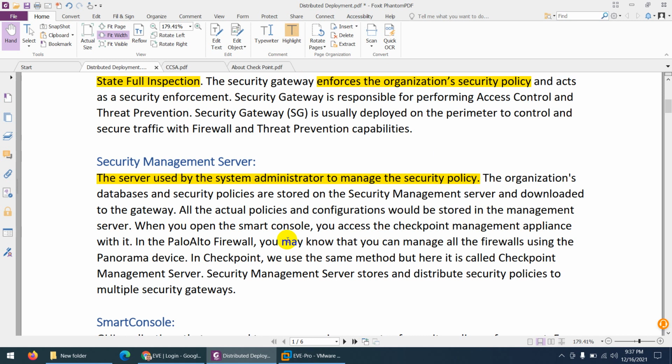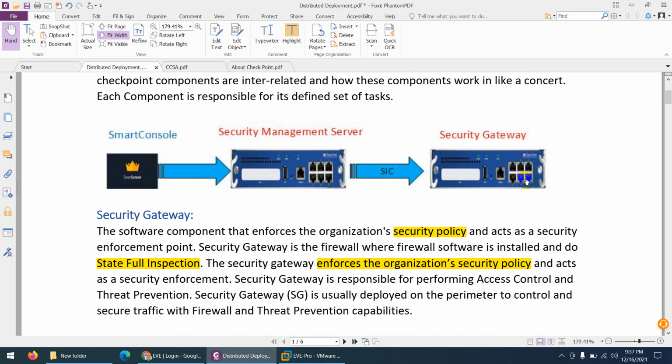So it means we configure the policy here and then we push it to the security gateway. The security management server is the same as FortiManager in FortiGate, and Panorama in Palo Alto. Here we call it the security management server, from where you can control many security gateways.